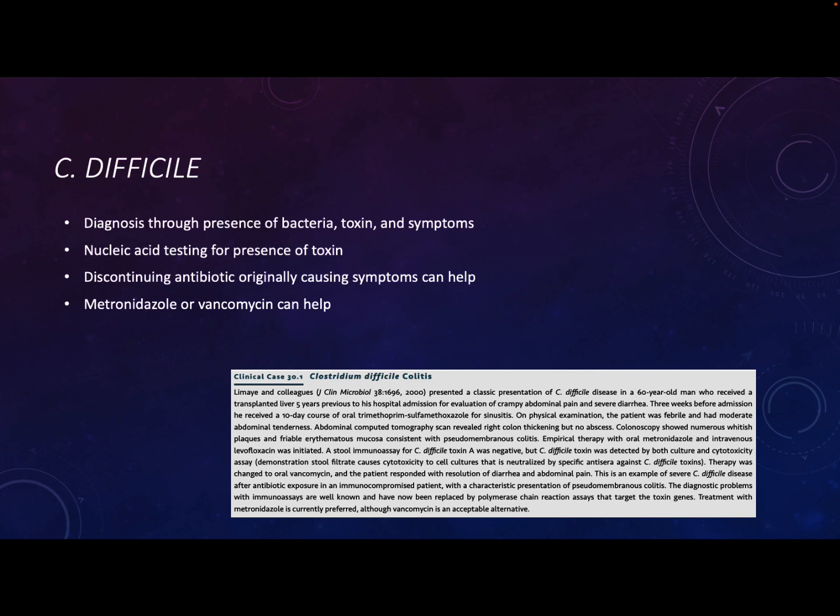Metronidazole and vancomycin are therapies that are generally pretty good at getting rid of Clostridium difficile. We will see metronidazole again. Metronidazole is one of those weird things, it's not that it is an antibiotic that targets bacteria, but it works really well at killing anaerobic organisms. So we'll see it as a treatment for one of our anaerobic parasites. And then sometimes you have to do 2 courses of antibiotics because there could be spores left over from the first infection. And if those spores germinate, you have a second infection. But generally, after 2 courses, the patient is okay.